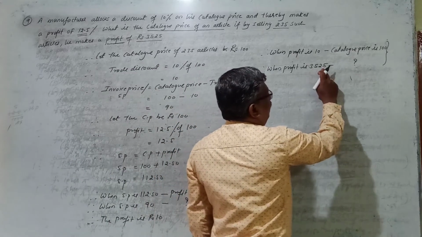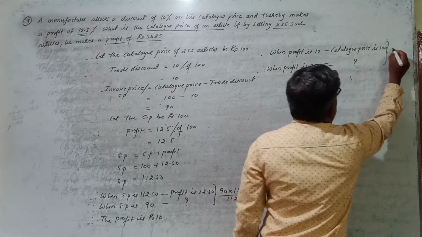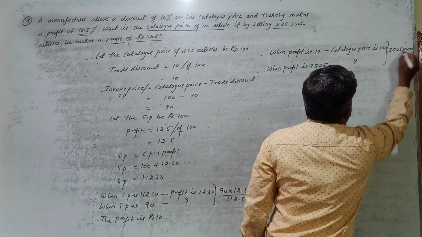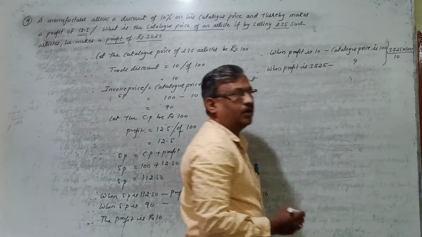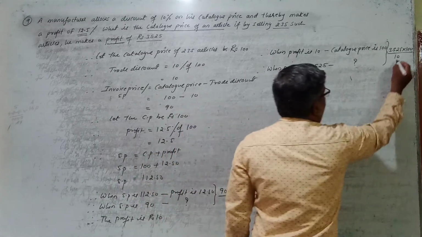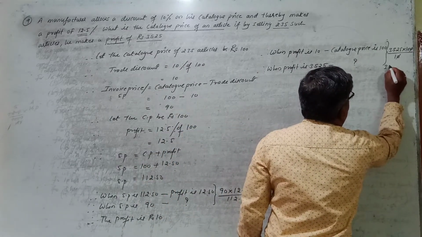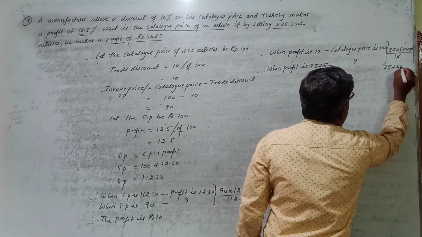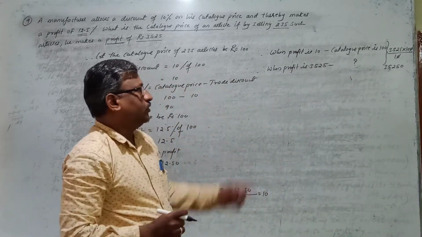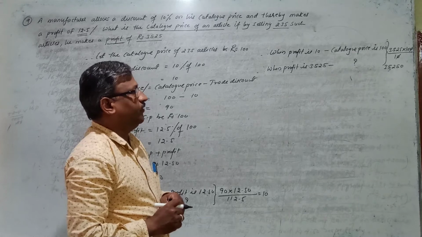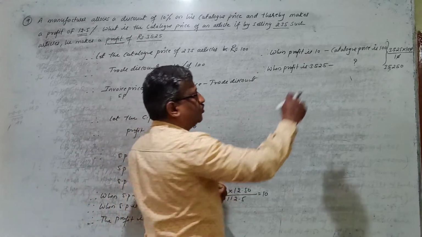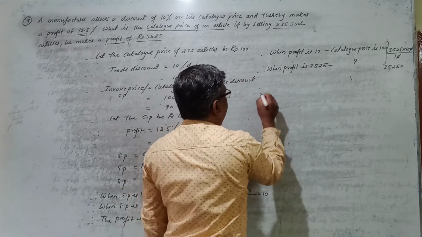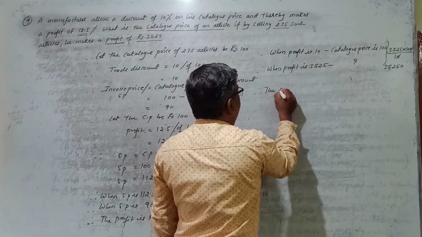It is 3,525 into 100 divided by 10. So it is 3,525 into 100 divided by what it is? 10. Or multiply and divide this, you will get it is 35,250 rupees. 3,525 into 100 divided by 10, if you do, you will get 35,250 rupees. So 35,250 rupees is the catalog price of how many articles here? 235 articles. So just below that you can write, therefore the